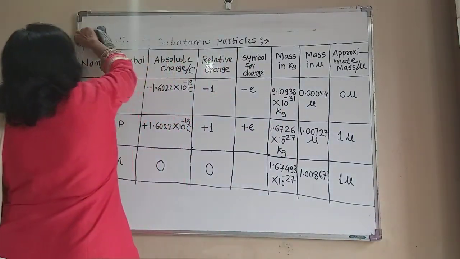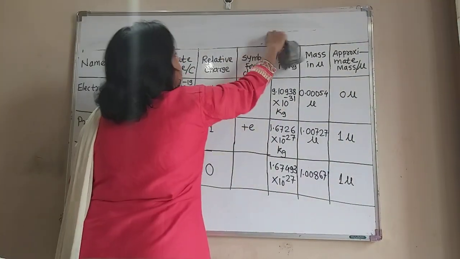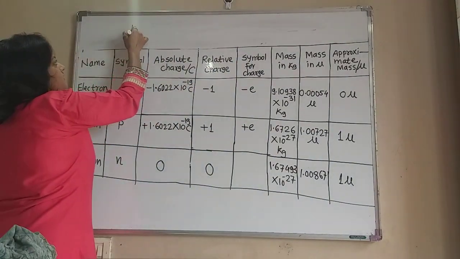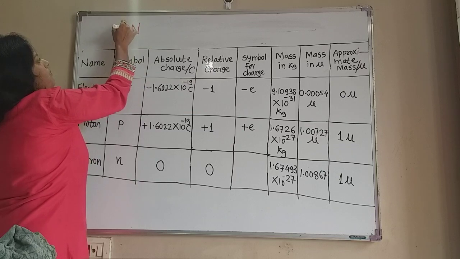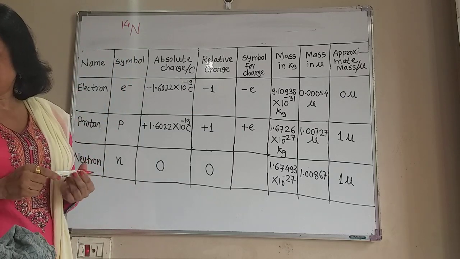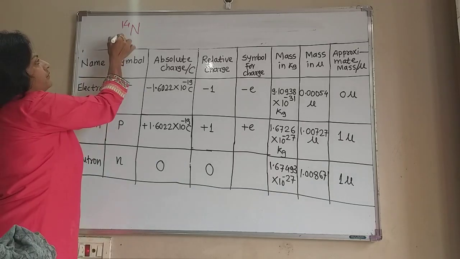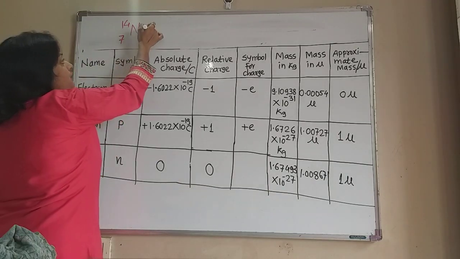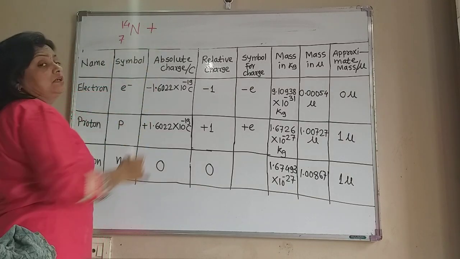These nitrogen atoms have mass number 14 and atomic number 7. Now when these nitrogen atoms are transmuted by alpha